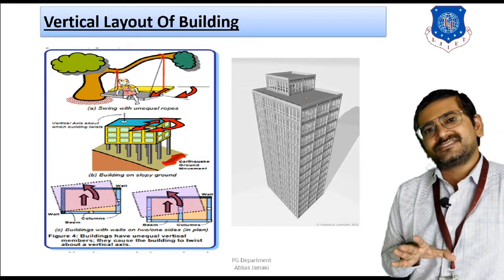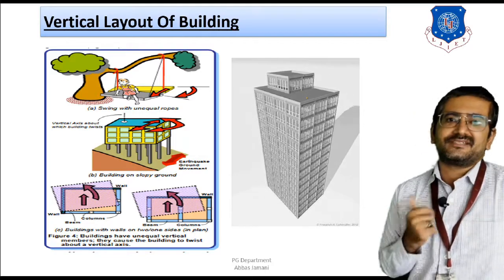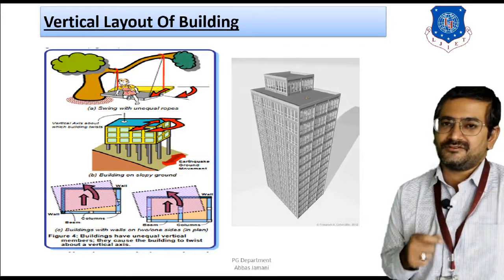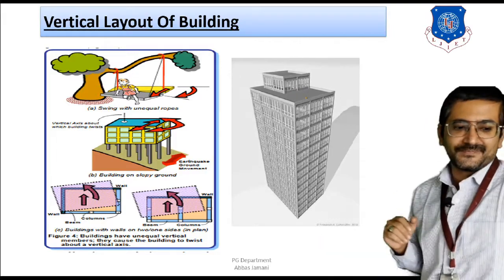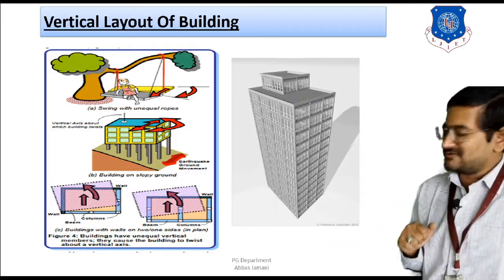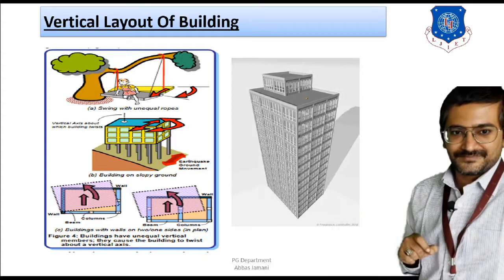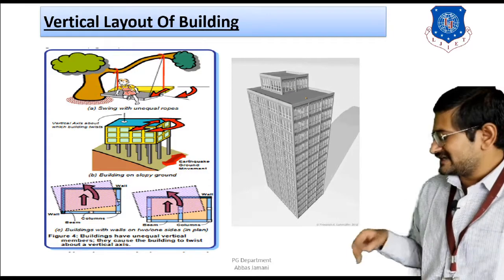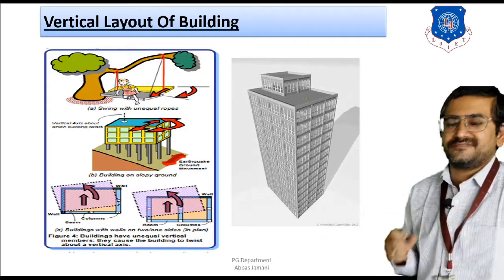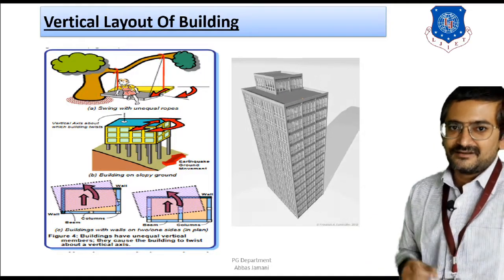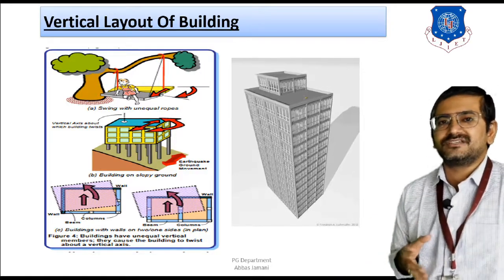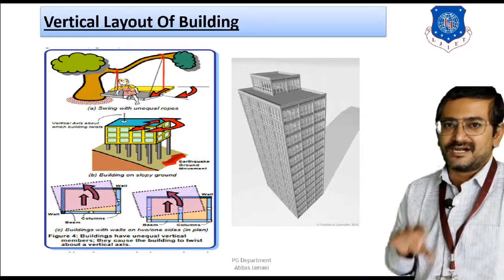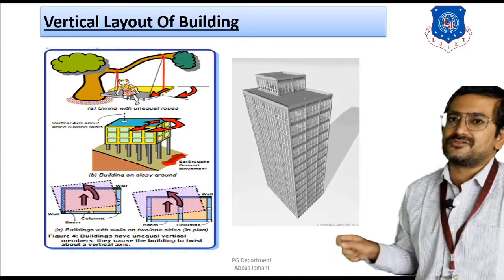Now this change in stiffness can be in the vertical direction also, and it can be in the horizontal direction also, right? In the case of the horizontal direction, we take the example of the location of shear walls. In the first example, there are only two shear walls. In the second example, more than two shear walls are there. So the figure on the right hand side is going to have more stiffness as compared to the figure on the left hand side, right? But there is no harm in having more stiffness; the issue is about even distribution. If it is evenly distributed, then all the points will move evenly. But if it is unevenly distributed, then the movement of the plan is also going to be uneven in nature.